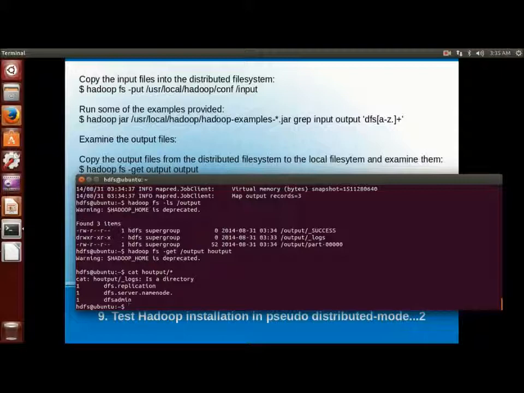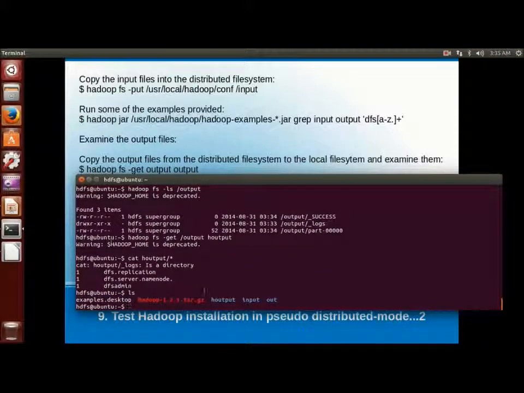So DFS replication, DFS server, name node, DFS admin. These are the lines which we have created. As part of the pseudo distributed mode configuration, we have given 2 configurations: DFS replication, DFS server, name node. That's why it is showing 3.